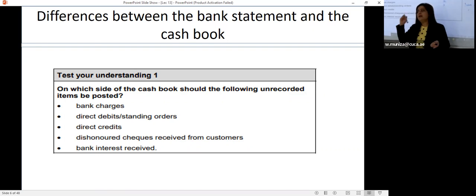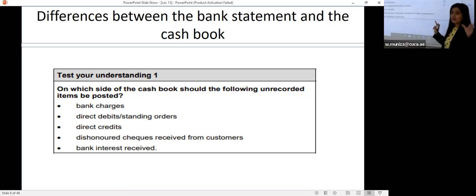Direct debit means that the bank has debited our account. Got it? And direct credit means that the bank has credited our account. So if the bank has debited our account, if it's a direct debit, you are going to credit it in your